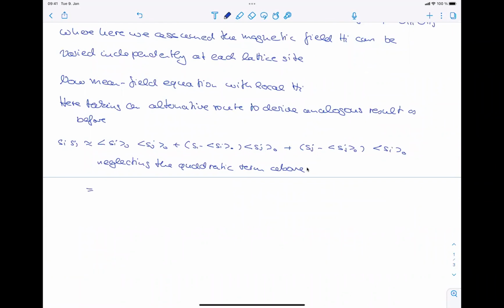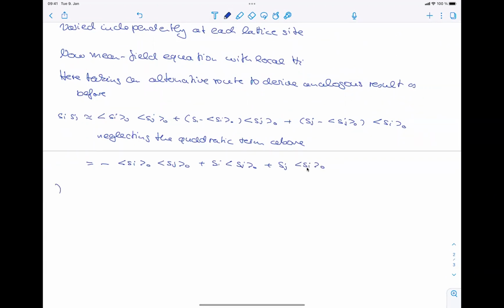I know we did a long exercise to write a very short term as lots of terms, but now that we actually want to put them into action, we can simplify this again, because we realize that the product of those two and the product of those two are the same, and they're identical to these terms. So what we in fact have is a minus Si average Sj average plus Si Sj average plus Sj Si average. And now I'm going to use this for our Hamiltonian,